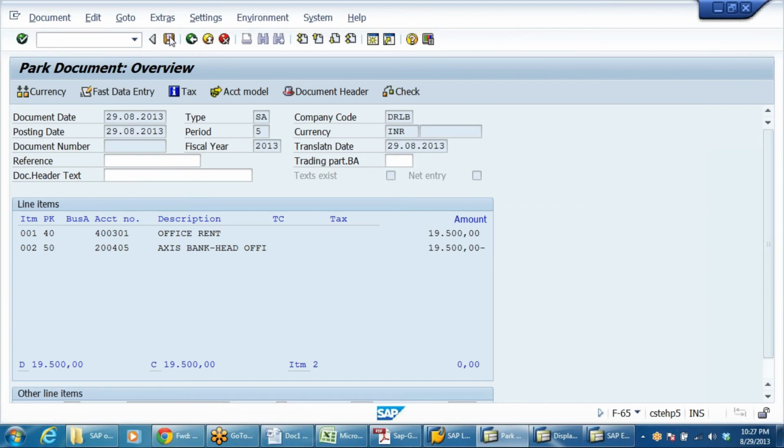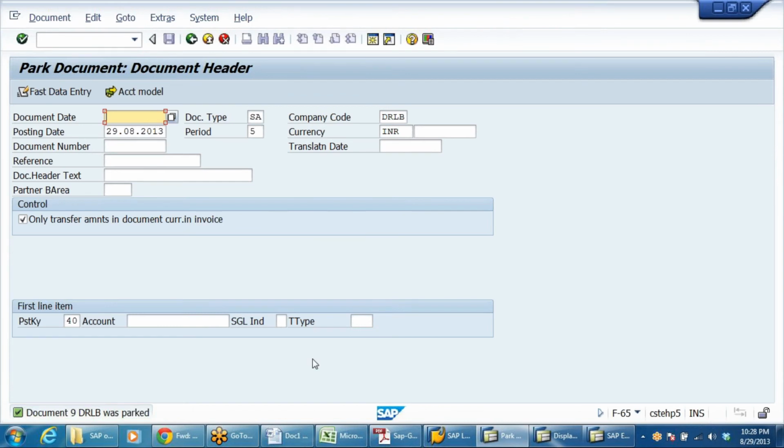Now save it. Document number 9 in DRF was parked. Previously, when you go to F-02 and post it, it will say document number so and so was posted. Now in parking, it is taking document number 9 as a continuation document. I'll post one more document.